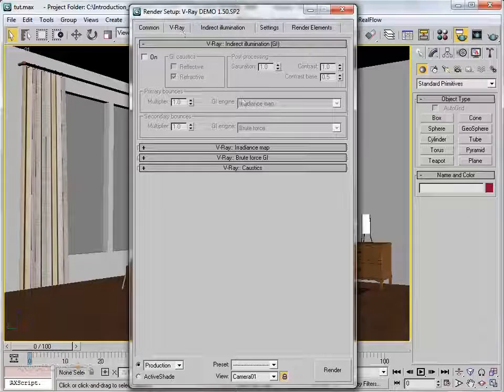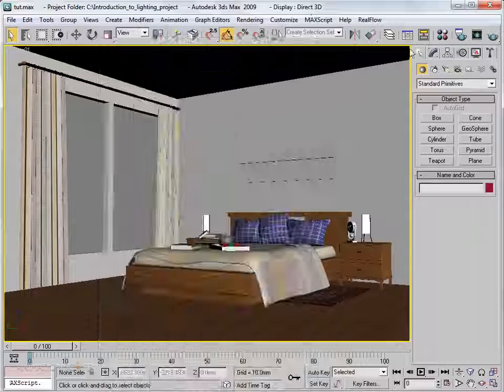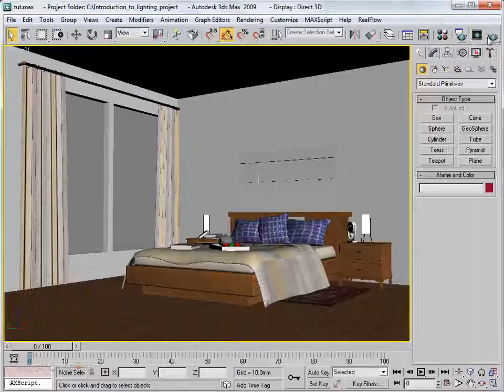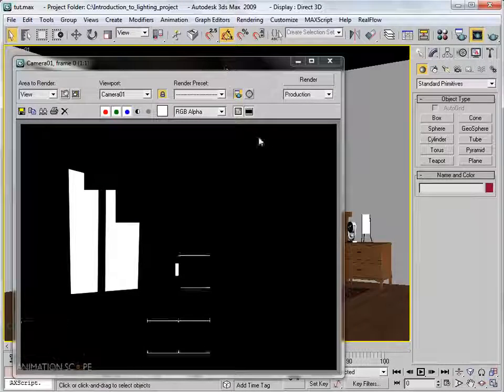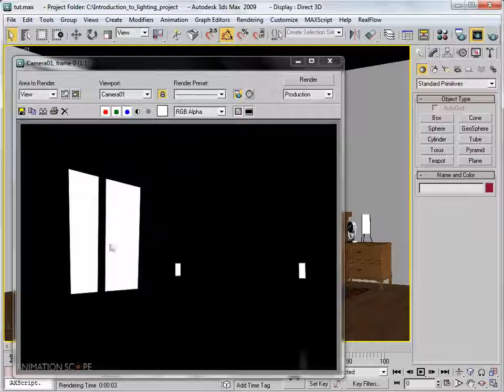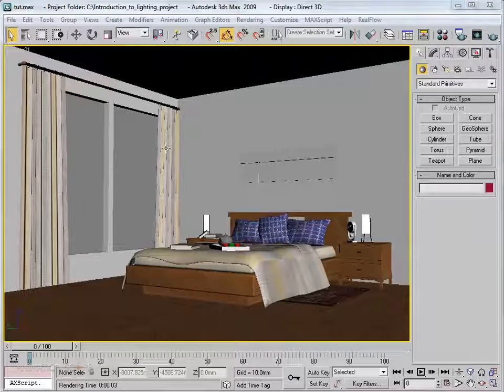Now, indirect illumination. If I render out my scene by just hitting the render production button, you can see we have only this thing and this thing, but there is no light in the scene because we have switched off the default lights. That's why our whole scene is black. So first we need to place some lights in our scene. Okay, let me quickly go to my viewport